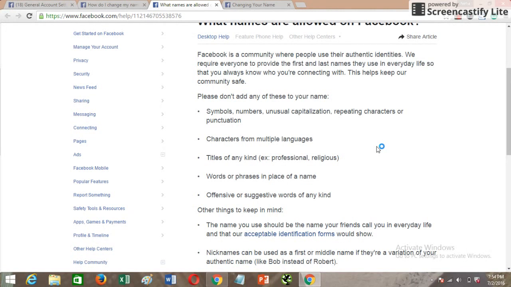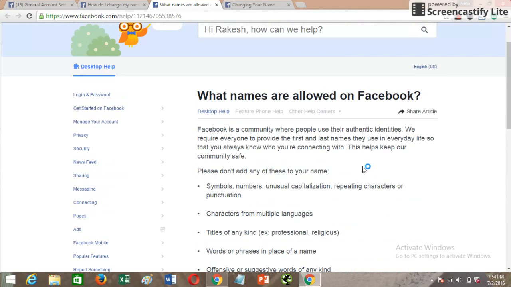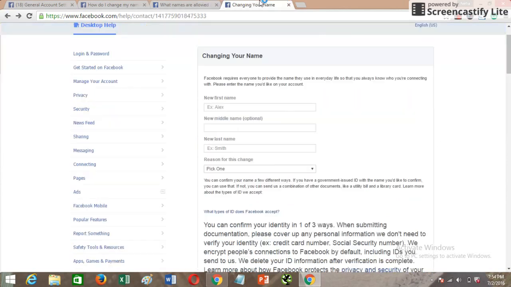So these are some names that are not allowed by Facebook. And then you can go ahead and read the other guidelines given by Facebook.